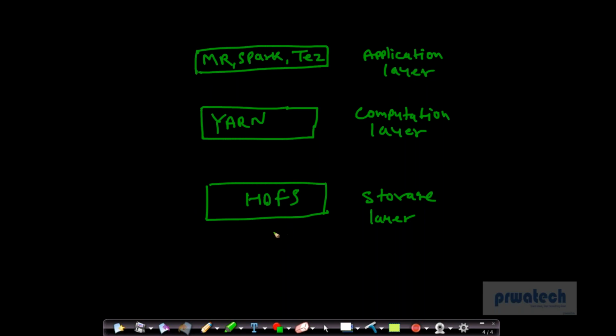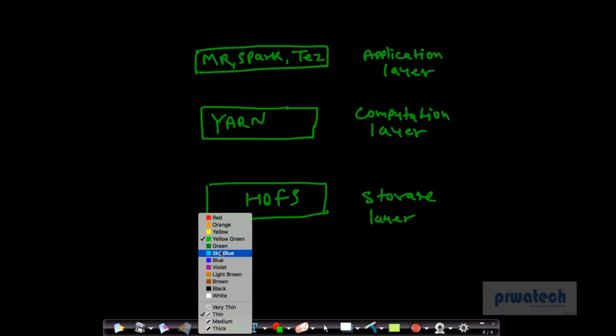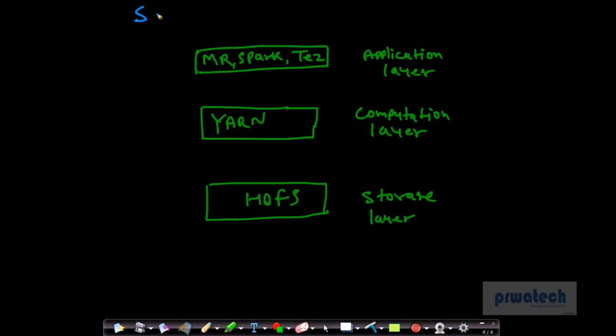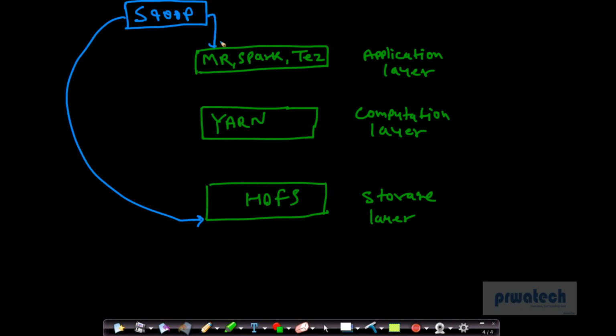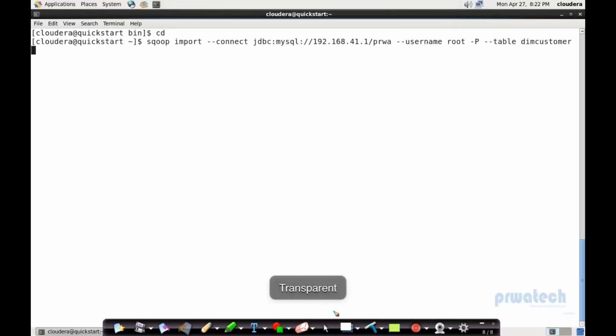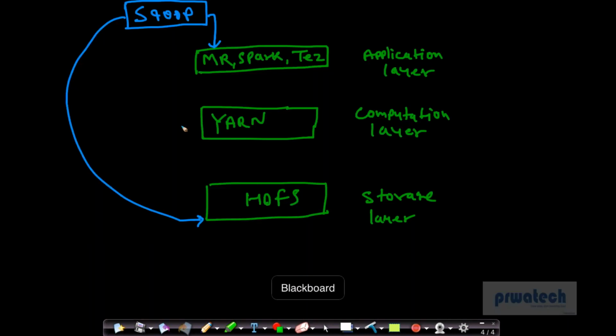Now, where is Scoop here? Scoop is sitting right next to this. Scoop is using the HDFS location to store the data. Whatever data it is extracting, it is storing in HDFS, and where it submits the query is on MapReduce. So you're writing a query in Scoop in this form, but internally that query is converted into key value pairs, and then it follows all the strategy of MapReduce,